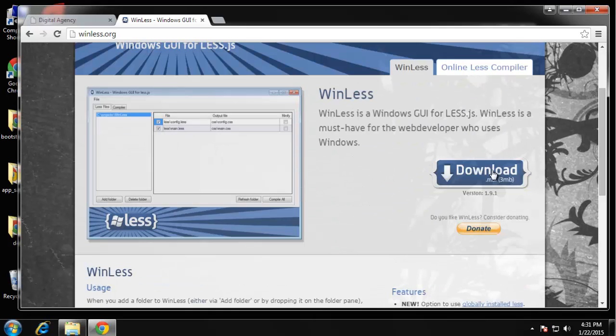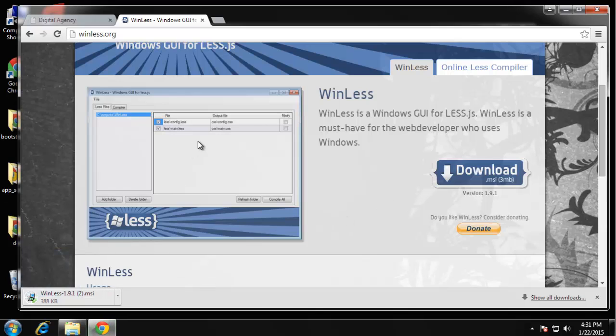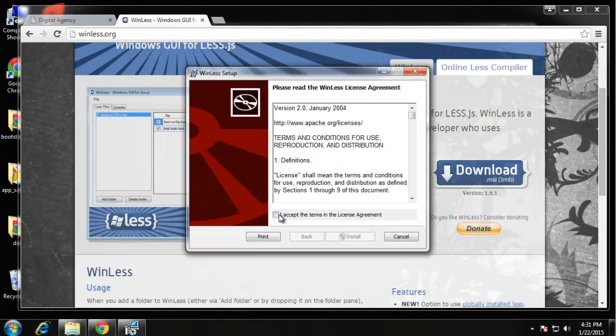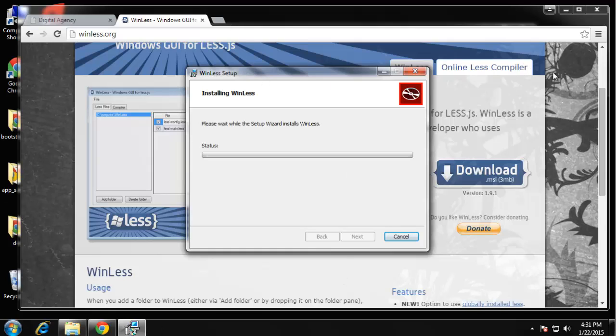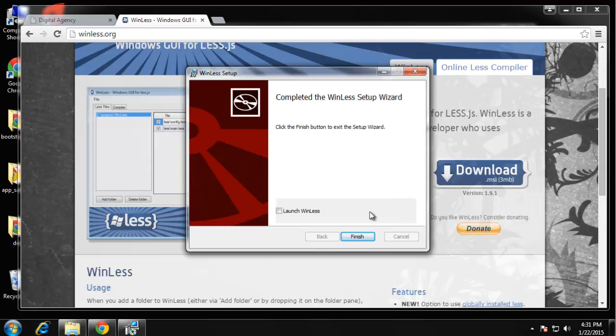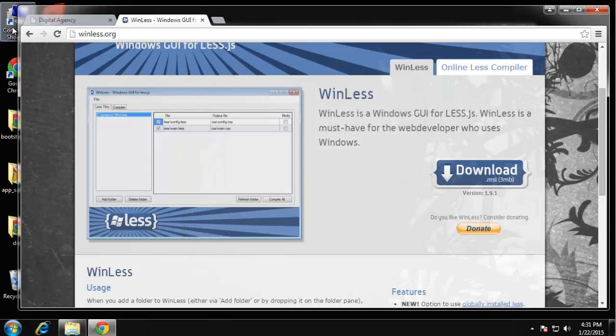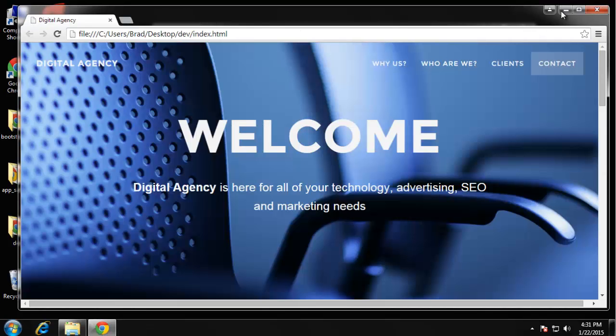Alright, so we're going to go ahead and install this. Okay, we're going to download it first, obviously. And it's very similar to Scout. It's actually a little easier. So we're going to go ahead and run that, and that's just a basic Windows installer. Alright, so I'm going to finish, and I'm not going to start it yet